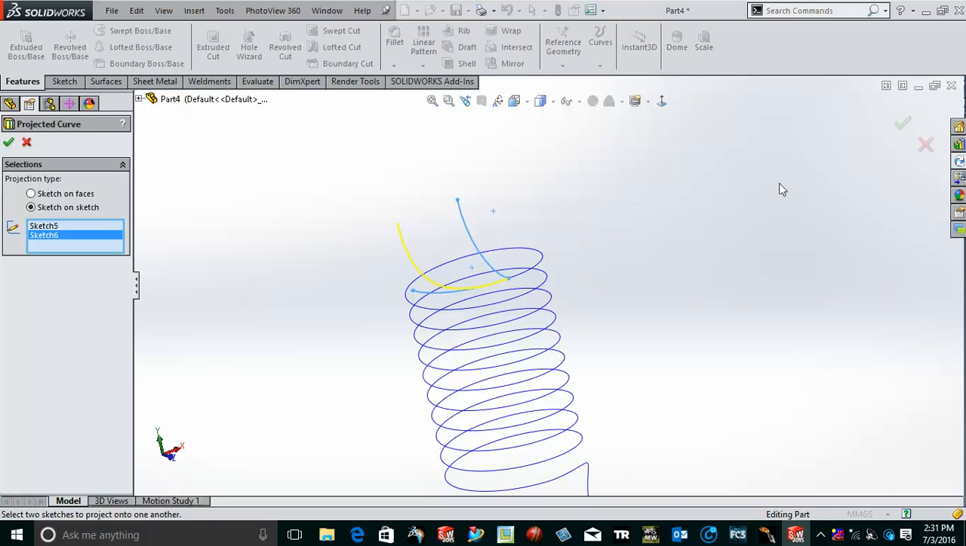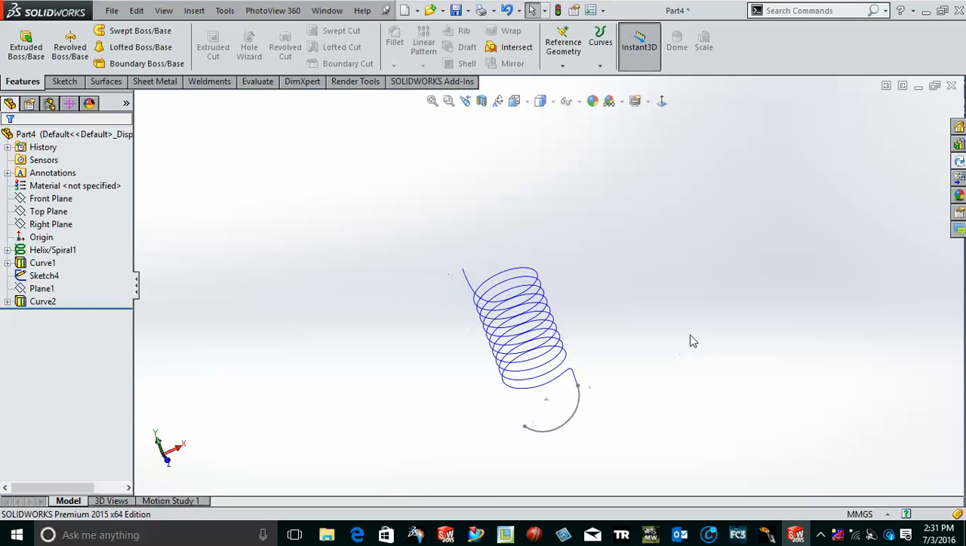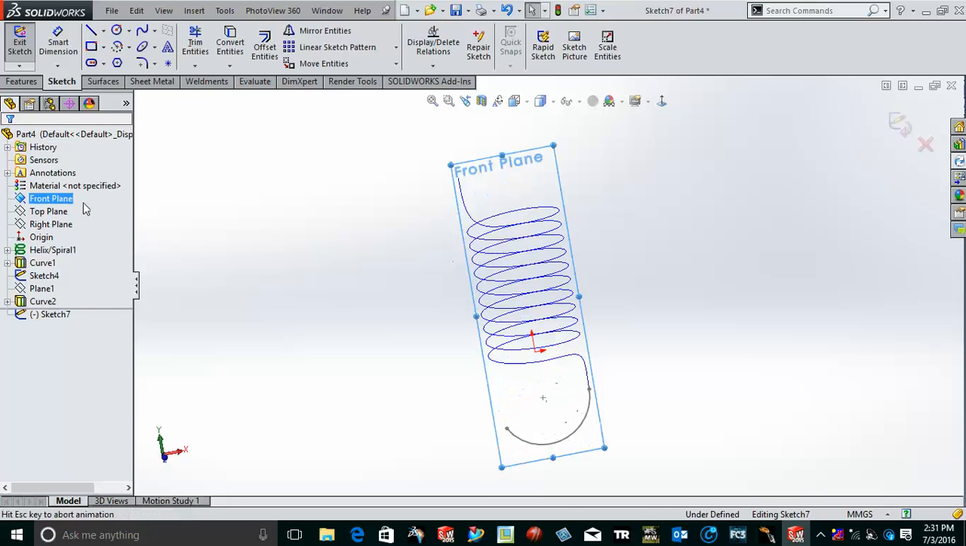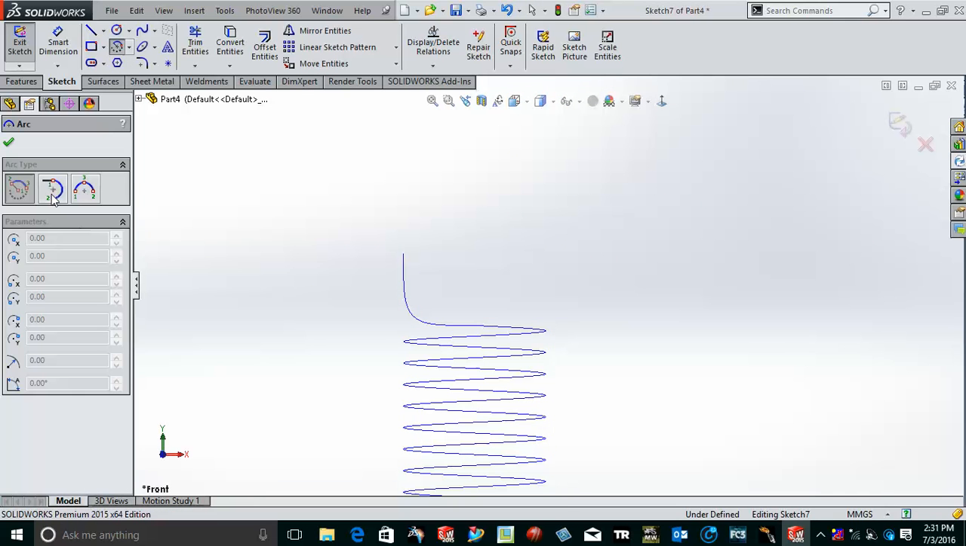Now you can see the resultant has come. It is very good. Now it's okay. And now we'll create the last thing, which is known as this final curve, you can say, on the top. So this will be in the front plane only. I'll again go to the front plane and make this. This is my last sketch, you can say,